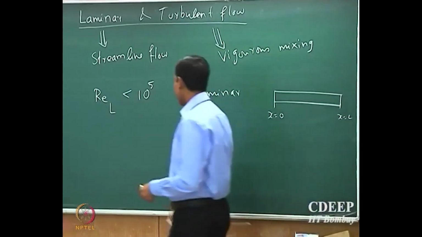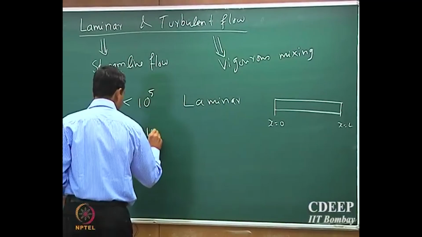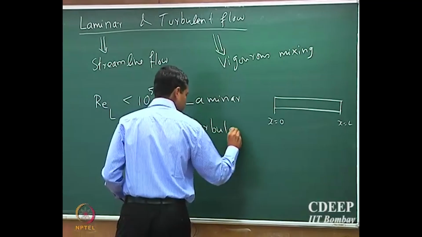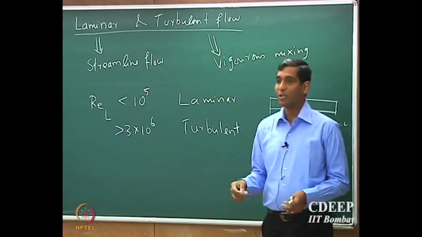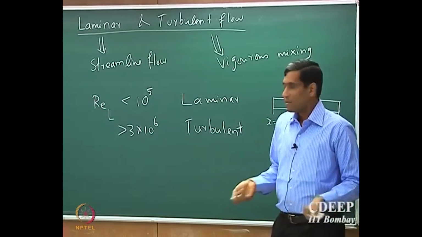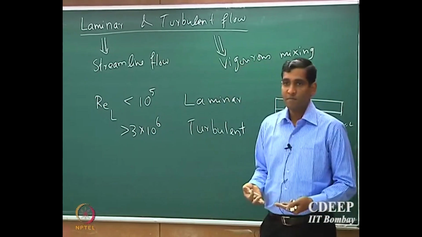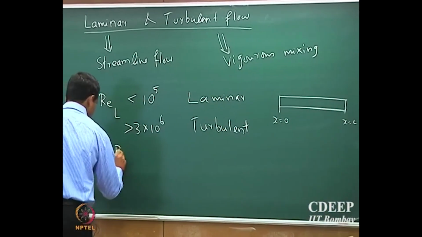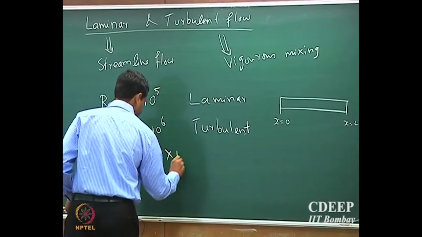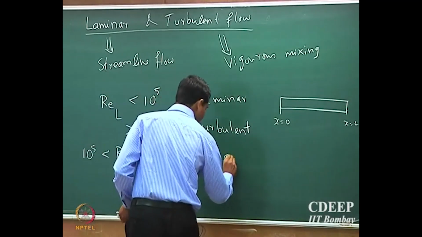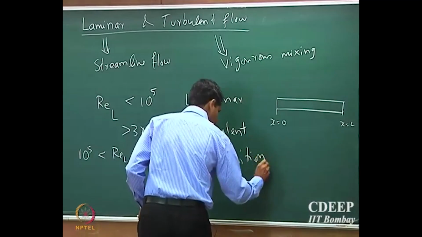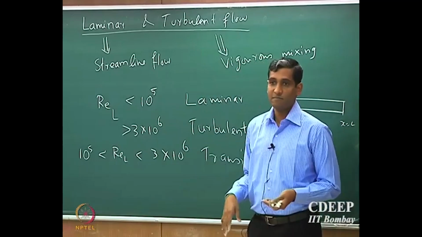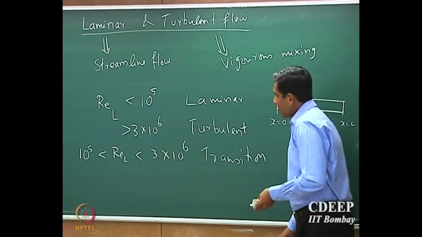Okay. So typically 3 into 10 power 6, that's the turbulent regime. Anywhere in between is called the intermediate regime, so it's neither laminar nor turbulent. It's called the transition regime. You can see features of both laminar and turbulent flow in this region. Okay. So now,